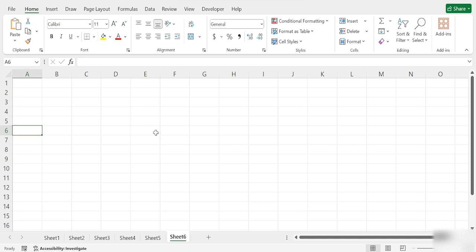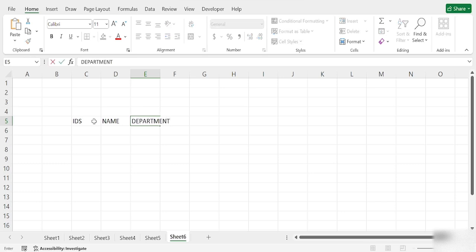At first I want to talk about lookup functions. Lookup functions are used to search for specific information within data sets. First I'll show you a simple data set, and then I'll show you how you can use the lookup functions on that data set. Let's say I will add a sales report of a company, with the IDs of employees, the names of employees, the department of employees, and I will add the salary amount.